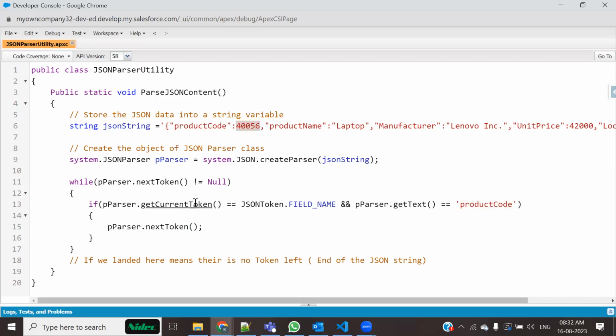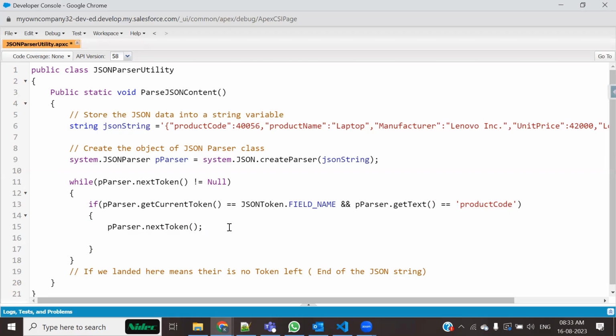नाउ यू वांटेड टू पास द नेक्स्ट थिंग। आगे बढ़ाना है ना डिस्कशन को, वहीं थोड़ी ना खड़े रहेंगे सारी जिंदगी। आगे बढ़ना है तो उसकी वैल्यू को पास करना है। वैल्यू पास करने के लिए पहले आपको यहां से यहां तक ट्रेवर्स नहीं करना पड़ेगा। भैया आप फिलहाल यहाँ पर है, यू हैव टू टेक कंट्रोल अ नेक्स्ट स्टेप अहेड. How would you do that? There is a method p parser dot next token। डिस्कशंस को आगे बढ़ाने के लिए, कंट्रोल को आगे बढ़ाने के लिए एक टोकन से दूसरे टोकन तक पास करने के लिए जो मेथड यूज होती है वो है नेक्स्ट टोकन।